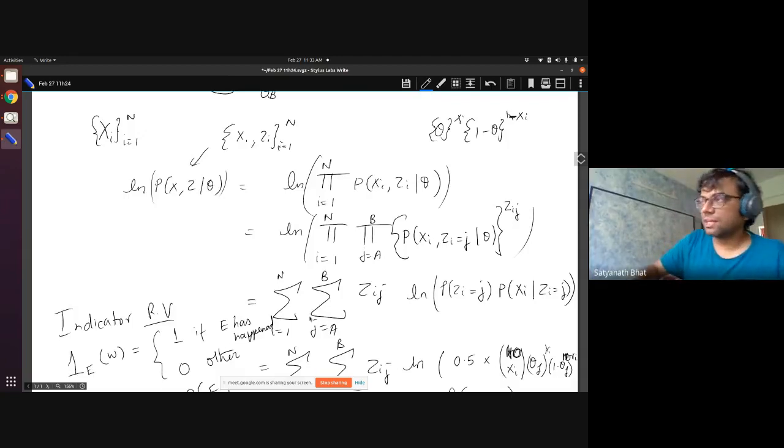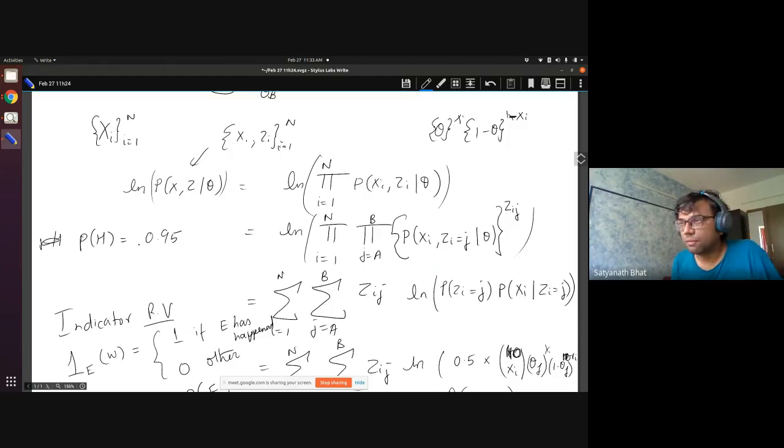Sometimes, even if you take, suppose, the probability of a coin toss, the probability of head, let's say it is 0.95. It's a very biased coin. But with this coin, with some probability, I will also get tail. That is also possible, right? So what I am trying to say is this internal thing is: if this had happened, what is the probability? This is telling whether that actually happened. So if Zi equal to J, what is this? This and this are not related. This Zij can be 0, but I will have this term anyway.